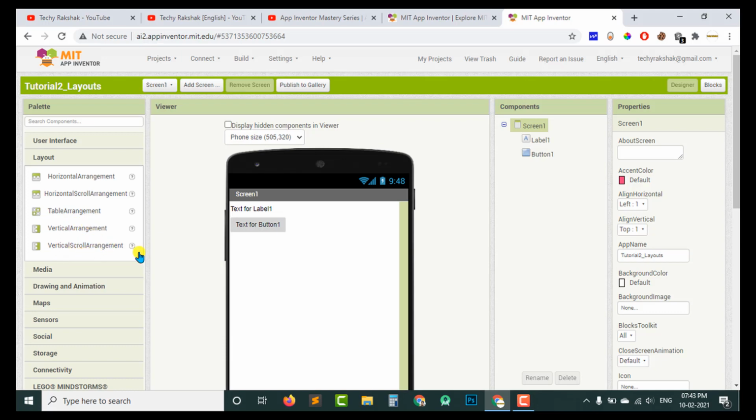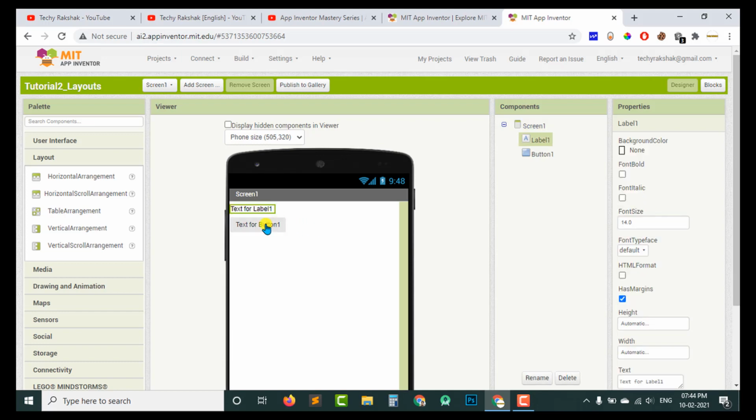So basically guys, here you must know the basic definition or meaning of the words horizontal and vertical. So guys, basically horizontal means putting things in a horizontal way. So what's the meaning of horizontal? It is what I was telling you here, that putting things side by side: button 1 is here, then at the side of this I want a label for text 1, and then at the side of that further if I put something else, that is a horizontal way.